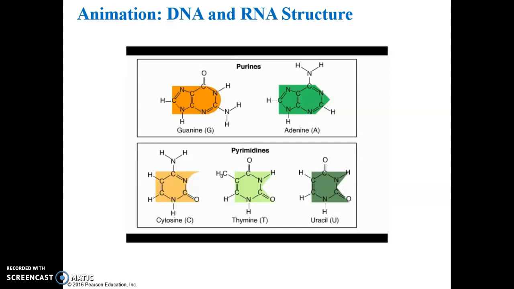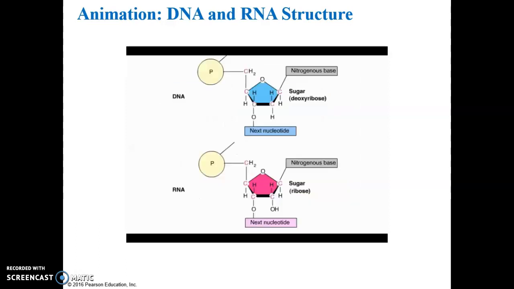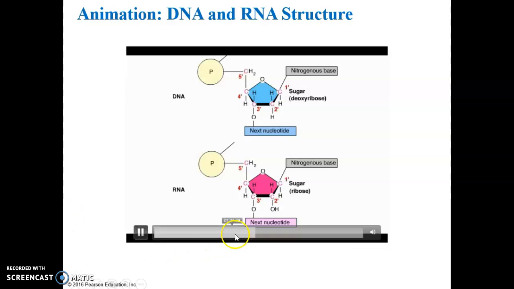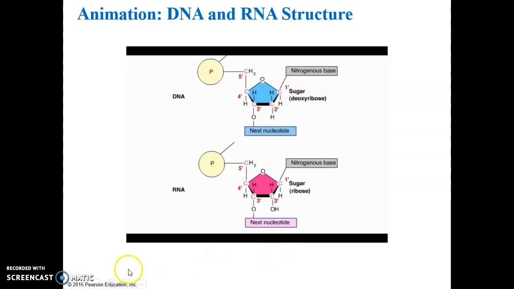Cytosine, thymine, and uracil each have a single ring, and these 3 bases are called pyrimidines. For convenience, the carbon atoms in a nucleotide's sugar are numbered, beginning with the carbon atom bonded to the nitrogenous base, moving around the ring, and up to the carbon that is bonded to the phosphate group. The 1' carbon is bonded to the nitrogenous base, the 3' carbon to the next nucleotide, and the 5' carbon